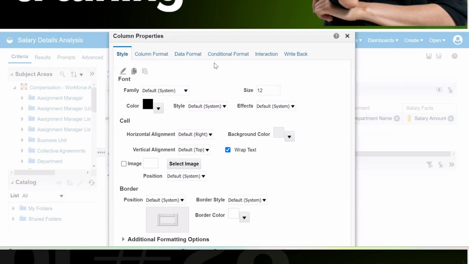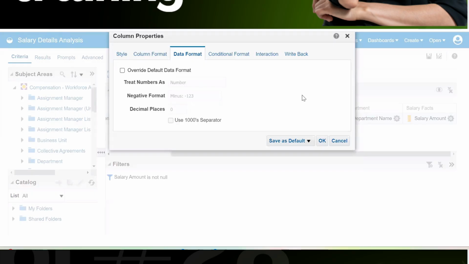Okay. Now let's understand this data format. If the value is a negative value, then the format decides how to display it. First of all, you want to display the value up to 3 decimal places, suppose.